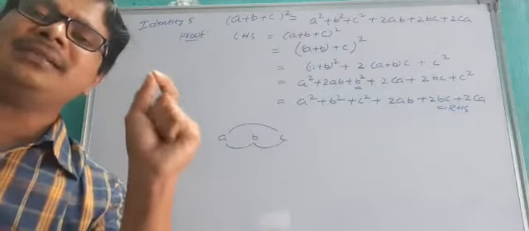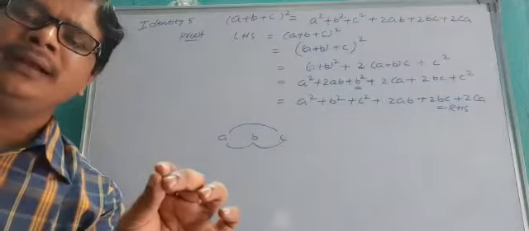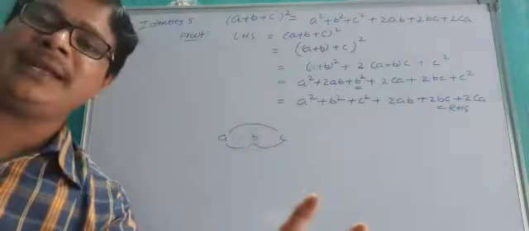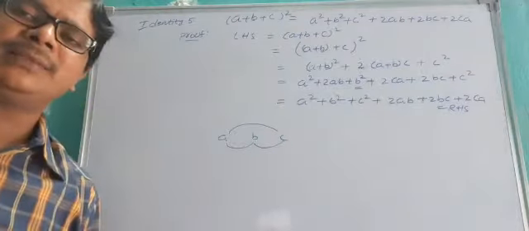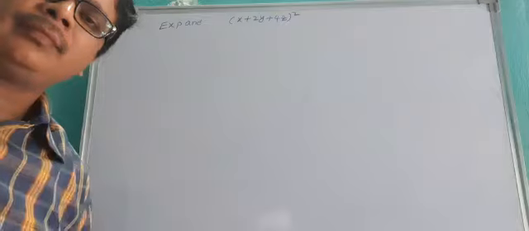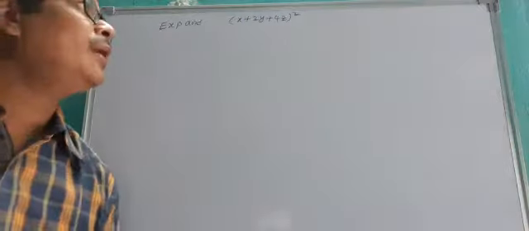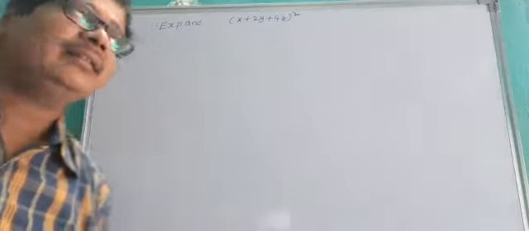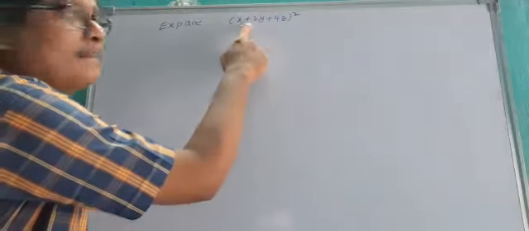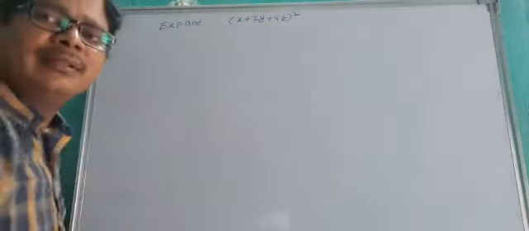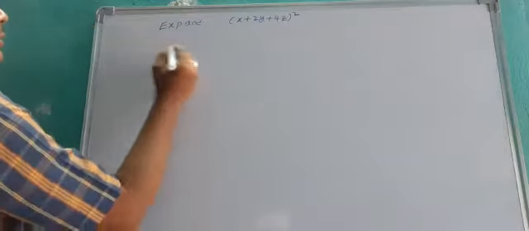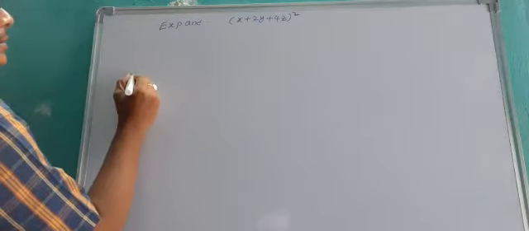Okay, with the help of this identity number 5, this is a new one. Okay, how to find out or how to expand the given polynomials, I explain it. Okay, with the help of that identity, expand (x + 2y + 4z) whole square. Very clearly, this is in the form of (a + b + c) whole square. Okay, so expand it.